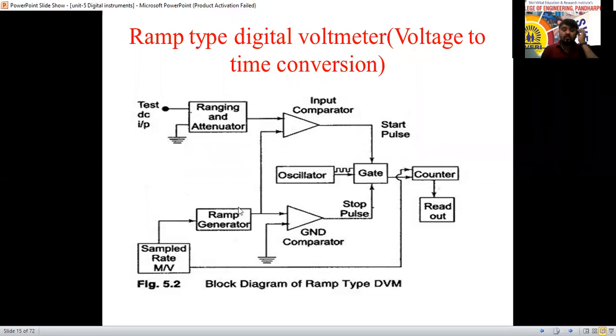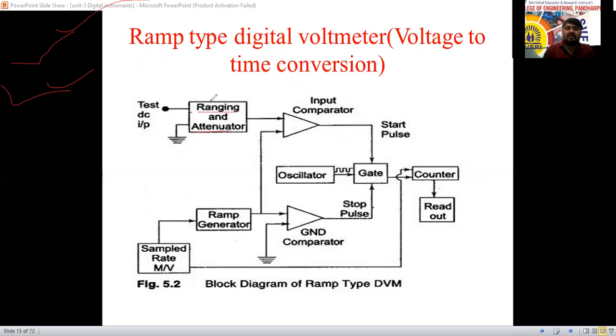So how do we do this? See here, we have taken the ground, and with respect to the ground we give the DC input, whatever the voltage is. The ranging and attenuator block amplifies and attenuates. If the signal is very low, we amplify it into a large signal as per the requirement. If the signal is very high, we bring it to a lower value. Amplifier converts a low signal to a large signal; attenuator converts a large signal to a lower signal. It attenuates if the signal is large,